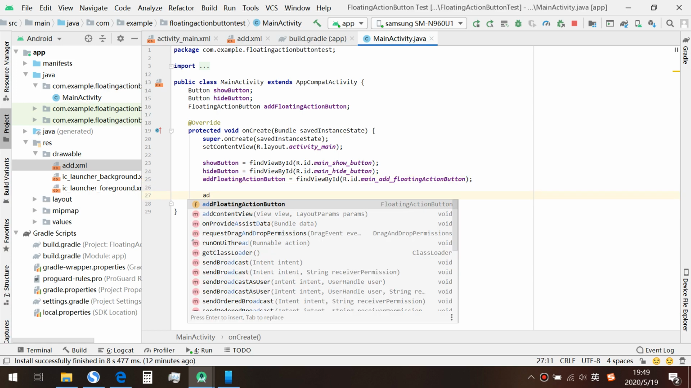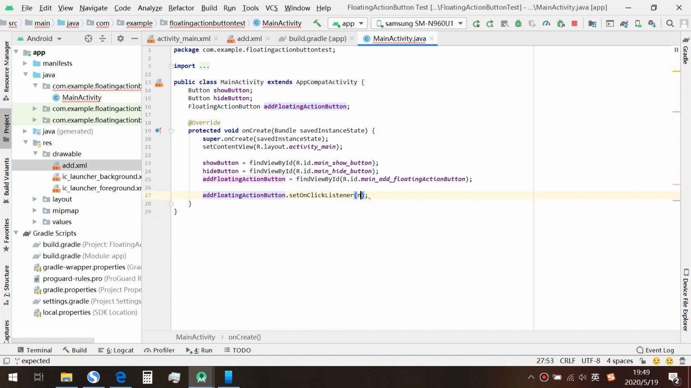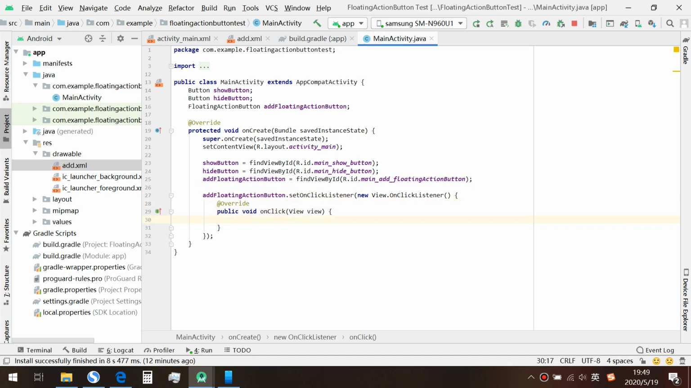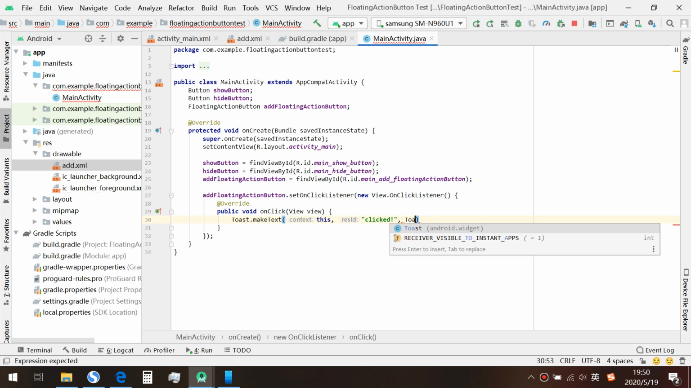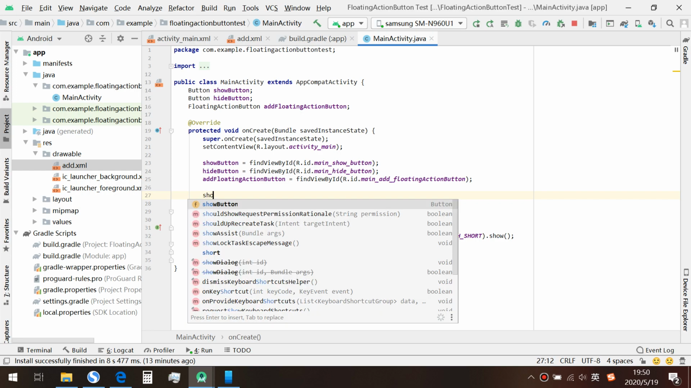And next, we are going to set on click listener to our floating action button. And here we are going to show a toast message. Pass in the context and the text, click, and the duration of the toast. And don't forget to show. You need to use the given view to get context. Okay. And next, we are going to